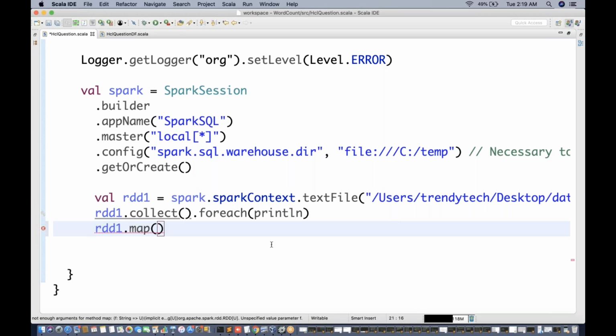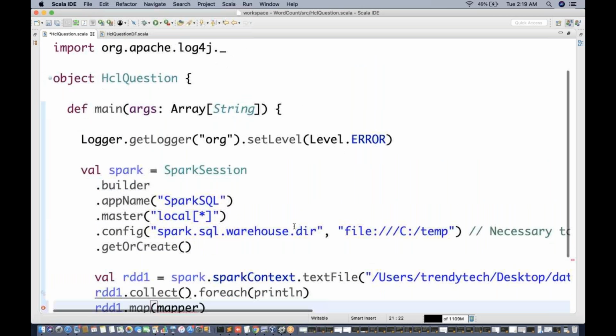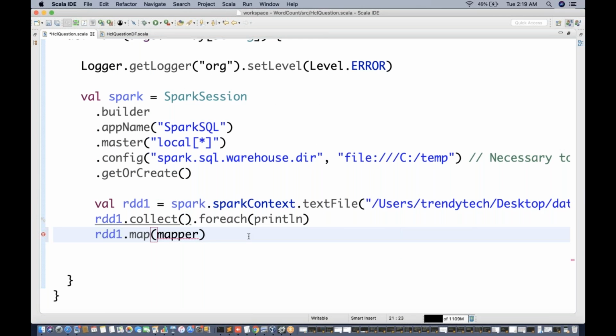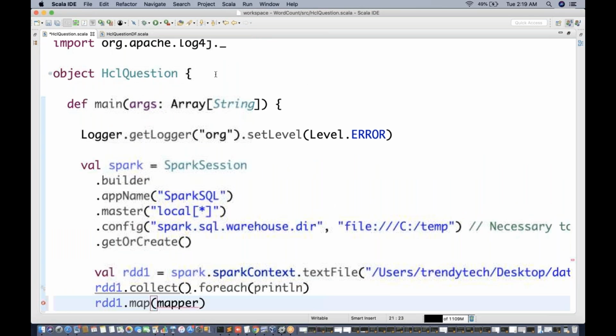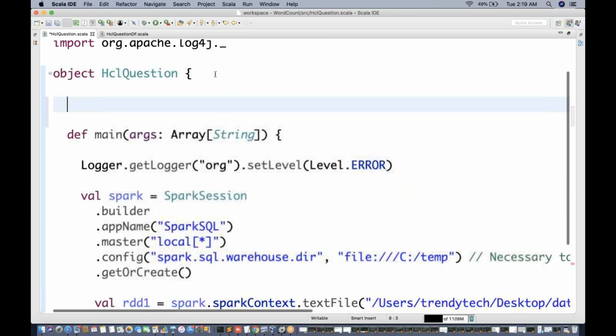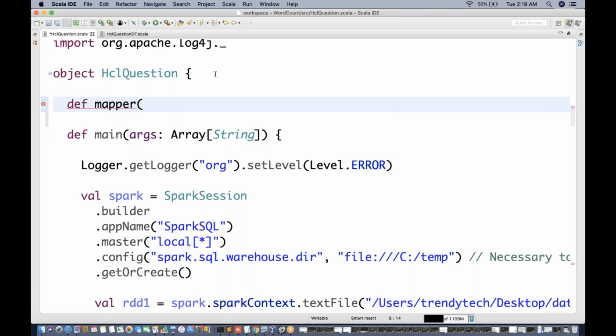And then here I need to write some method name. Let's say mapper. Mapper will be one function which I will create, right? So let me write the mapper method here somewhere. def mapper, input, or let's say line, string type, equal to.